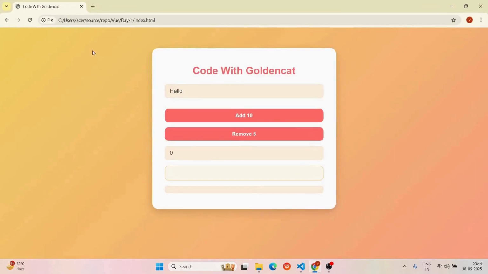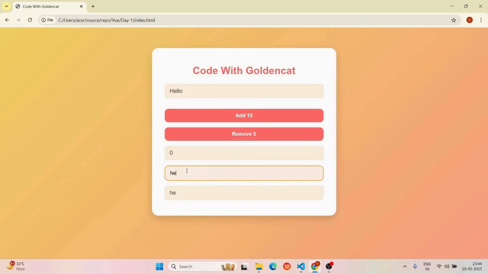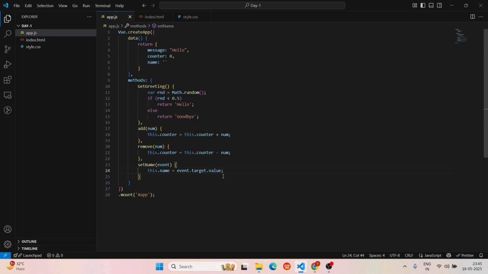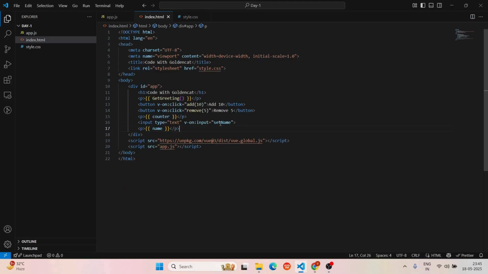So if I run this now and type in hello 123, you can see it takes in the value and then assigns it in the name. Now this is how you can use the event object. You can also pass in other arguments to this method with the event object. So suppose I also want to pass in a greeting with it, let's just say